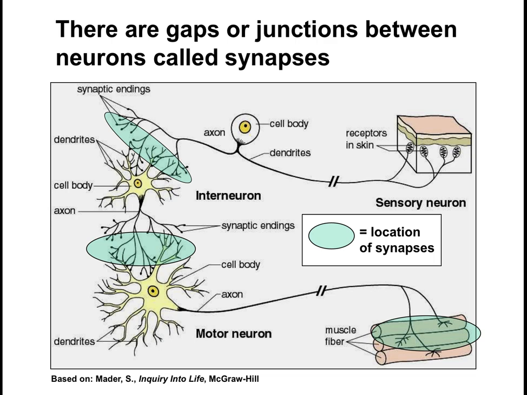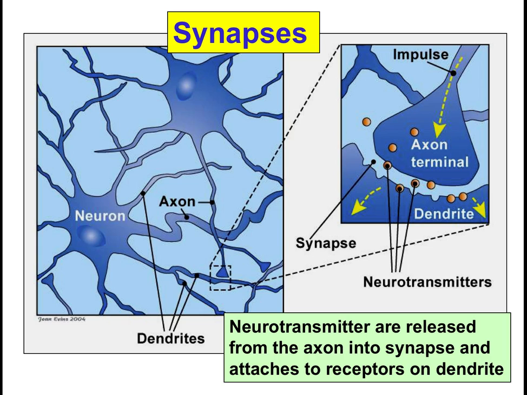Often we will use analogies to describe different systems, like the nervous system. We might say that these electrochemical impulses, these nerve impulses, might be like electricity moving along wires from one to another. But that particular analogy somewhat breaks down because electricity requires a tight connection. If you have a bad connection, then the light bulb may not light up or something along those lines. But in nerve cells, there is a space between each nerve cell. And that space is called a synapse.